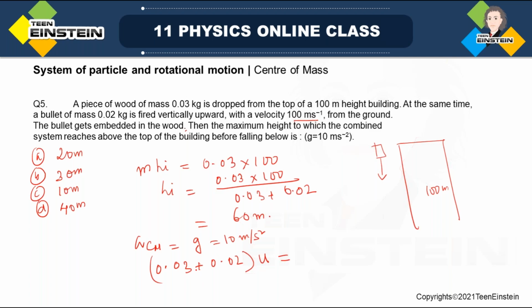This is after combining, and before combining what was that? 0.02 into 100. This was the thing, and if you solve it, you'll get the initial velocity of the combined center of mass,